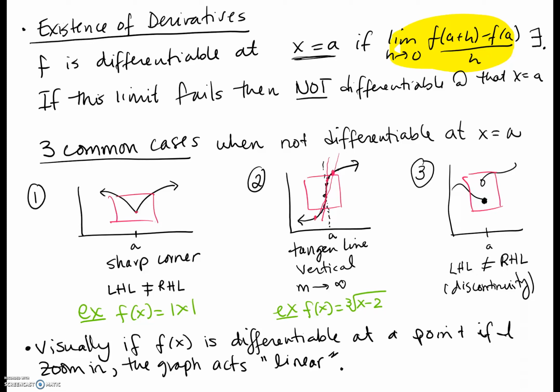as we zoomed in. For the second one, we looked at this cube root function. And for the third one, again, that's pretty self-explanatory. It's a discontinuity. The limit from the left and the right won't be the same when I analyze this difference quotient. Now let's go quickly look at the absolute value function algebraically and look at this actual limit definition and